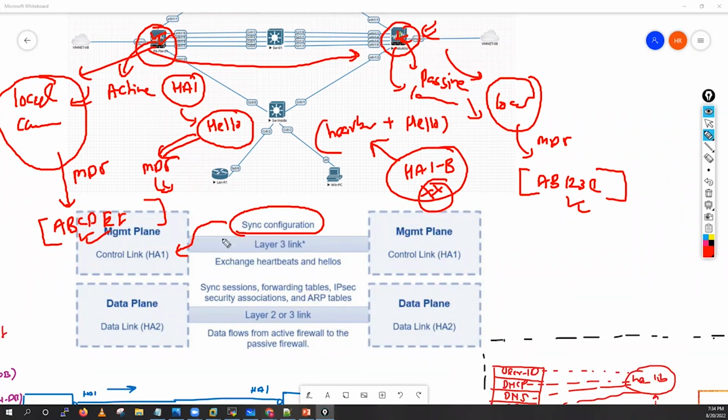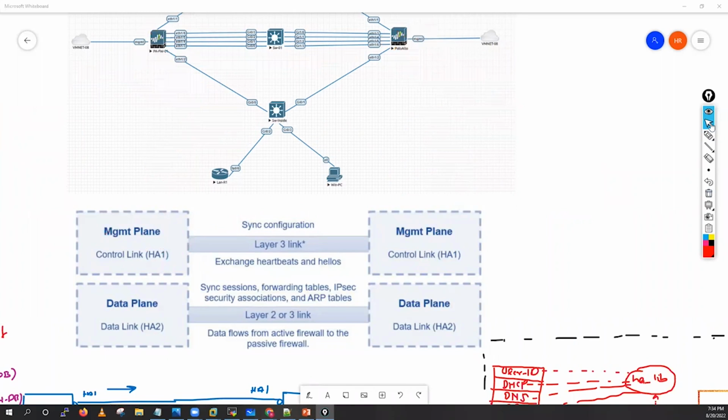Your config sync always goes through the HA1 interface. Just remember. This is also an interview question. They will ask you, they will confuse you. Can firewall 1 and firewall 2 do the config sync through the HA1 backup interface? You have to tell straightforwardly, no. Config sync only happens through